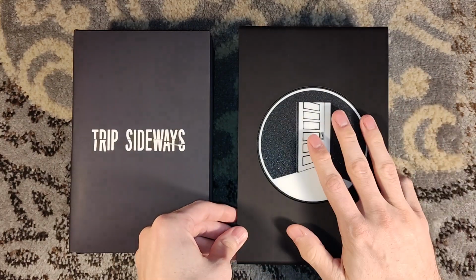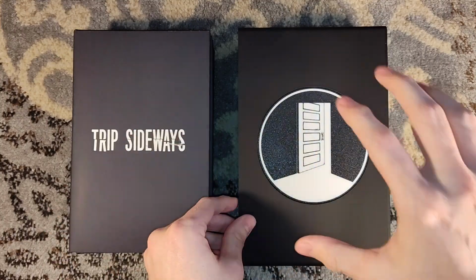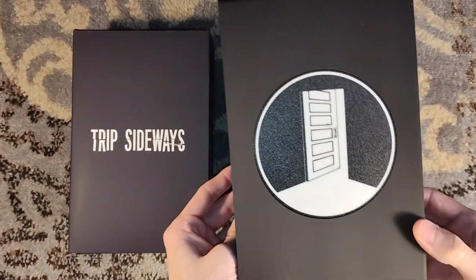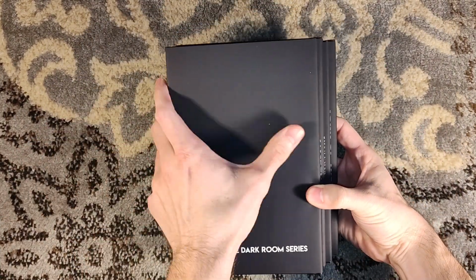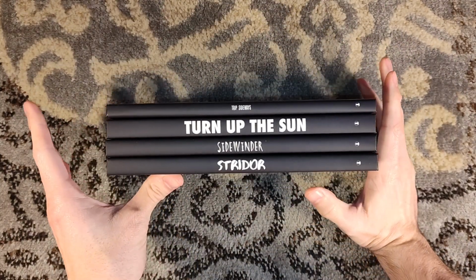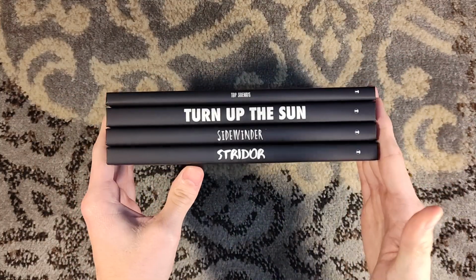Paper Menagerie and Centipede Press titles are all custom, like they're unofficial. This is his first official slipcase, and it is being used to house the Turn Up the Sun series or collection, the Dark Room series that Tyler Jones published. So Tyler Jones, author extraordinaire, wanted to do something special for his supporters, and so he did the Dark Room